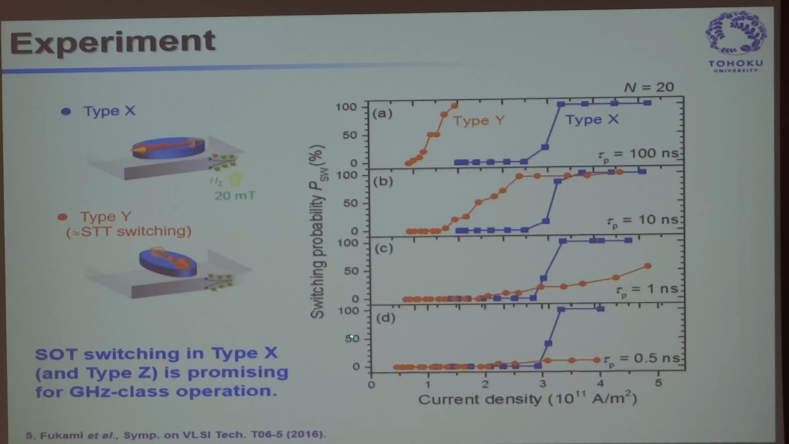This shows the switching probability as a function of current density with 4 different switching pulse widths. So at the slow or long switching pulse, type Y, the STT-like switching, switches at very low current density, as expected. But as you shorten your pulse width to 10 nanoseconds, 1 nanosecond, and 100